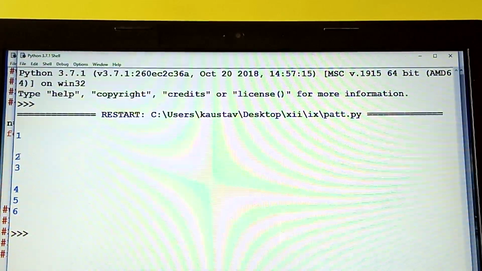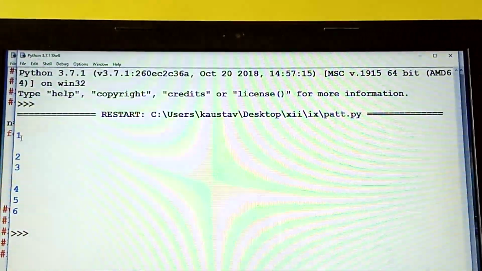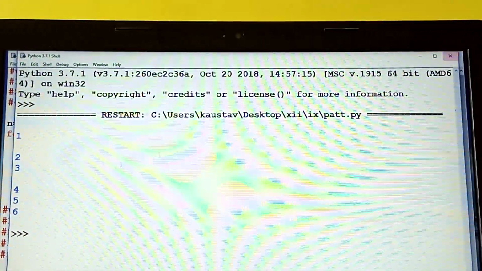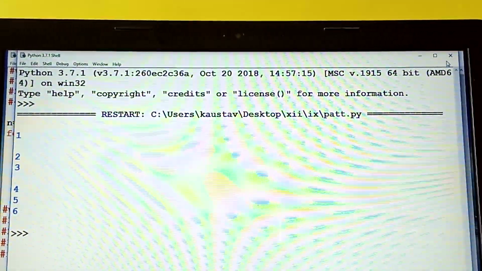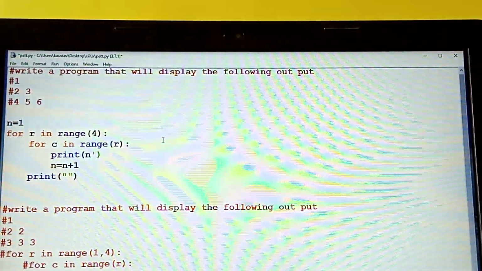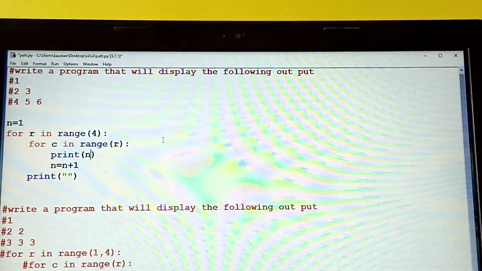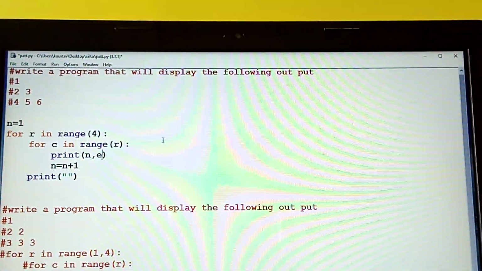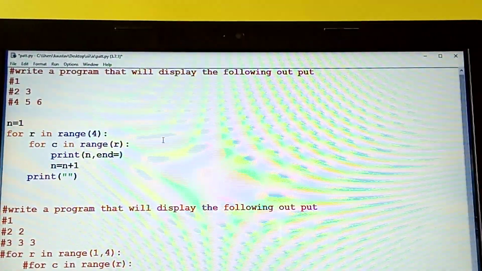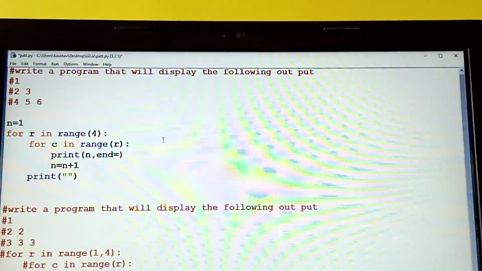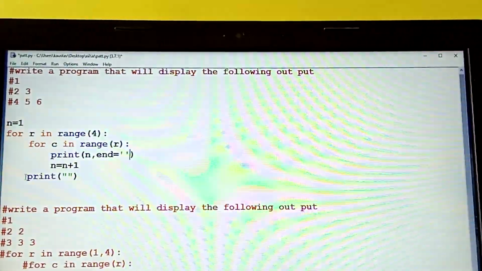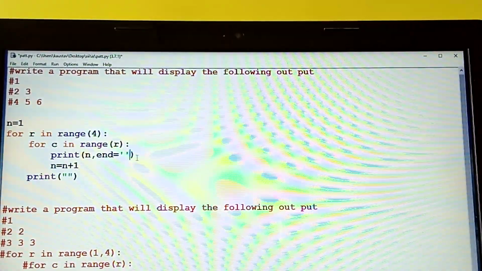See that, 1, 2, 3, 4, 5, 6, because it is the default Python printing process. It will print this way, 1, 2, 3. So if you have to print the 2 and 3 in the same line, then what do you have to do? You have to use end over there. end is equal to blanks. Fine. And this print is going to help you do that.